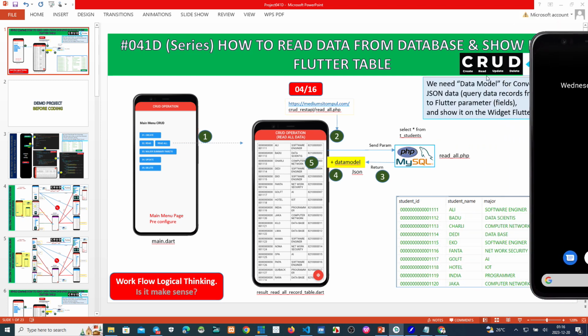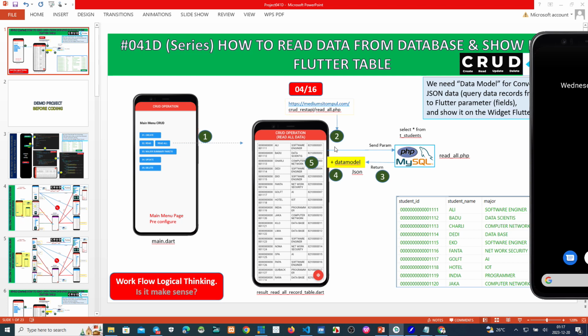Okay, I think before we process this data from the backend, after we run this Flutter, the Flutter must initiate the data from the backend before we click or push something on my Flutter.